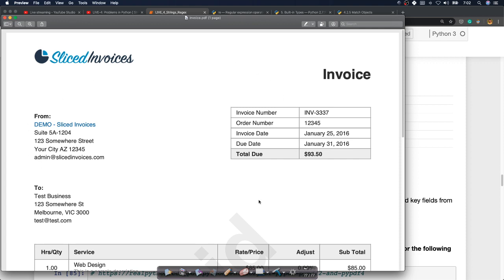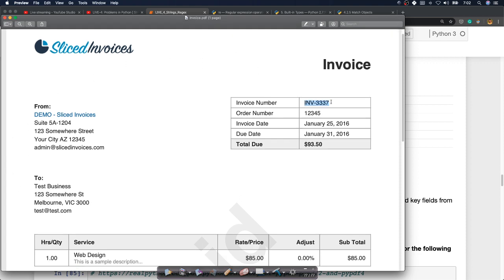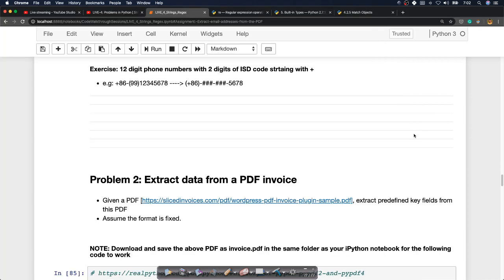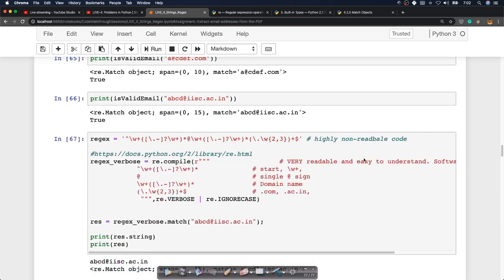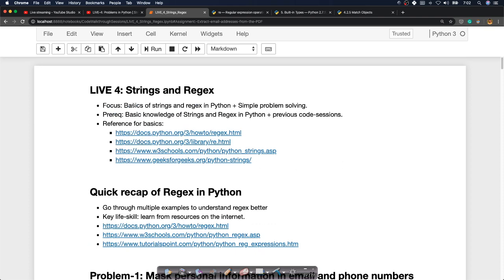So what if we have an invoice like this? How do you extract information from here using regular expressions and simple Python packages? That's what we'll discuss starting the very first thing tomorrow in the live session. Tomorrow again 6 p.m. to 8 p.m. we'll do this. We could only cover one live session today